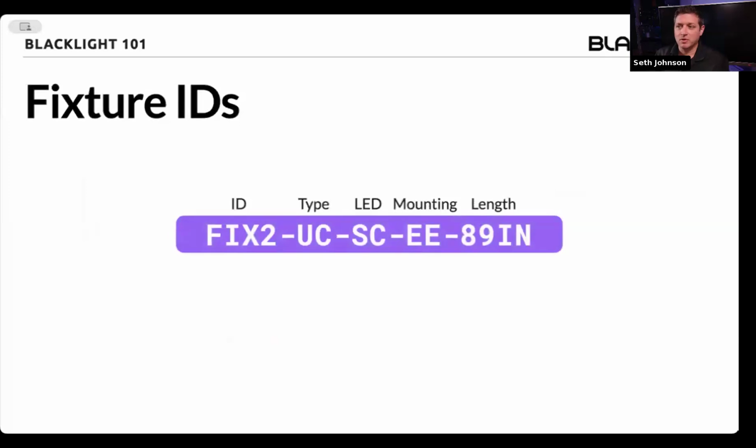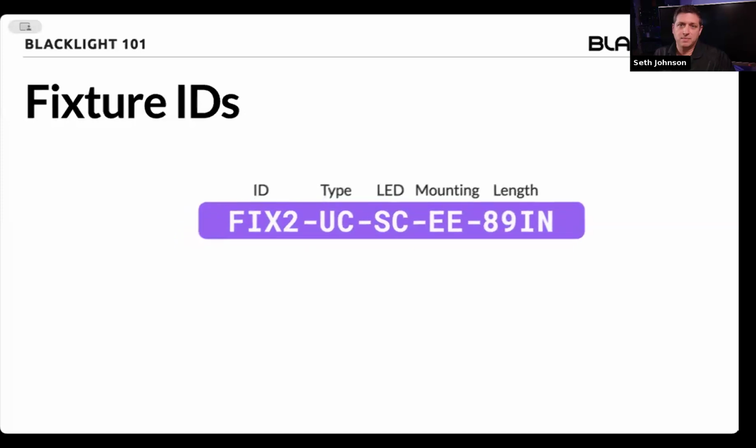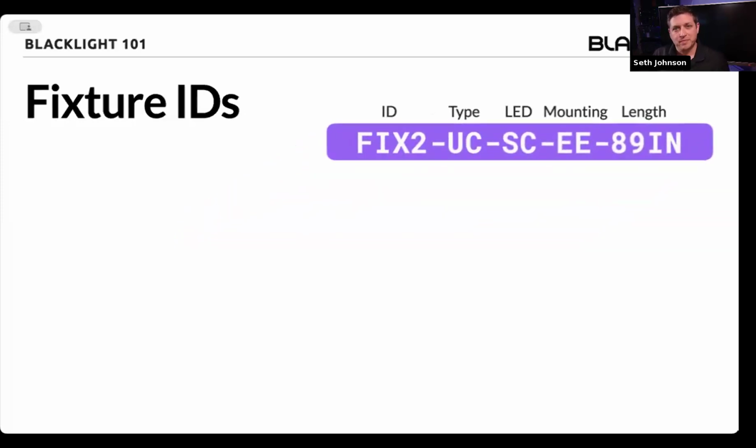Fixture IDs, we make up our own fixture IDs. This is one of the things I was talking about earlier. We would like to see it more customizable in the future. You can give your own labels or add your own labels in, that kind of thing. But just to explain what this is,